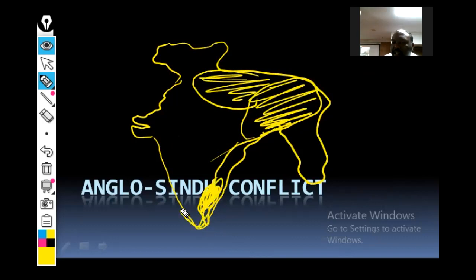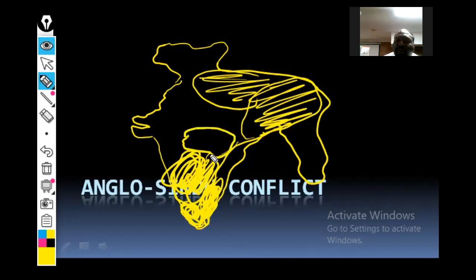Then Travancore has accepted subsidiary alliance and subjected, and finally, even Travancore comes under the kingdom of British. Then Mysore kingdom. What happened? Mysore kingdom is coming under British. Nizam, they are the first one to accept along with Awadh, they are the first to accept subsidiary alliance. So you can see